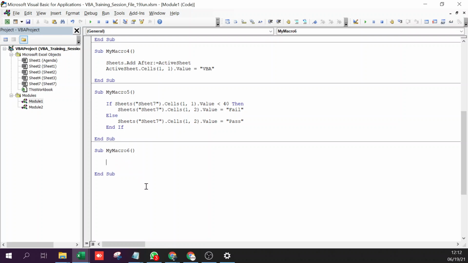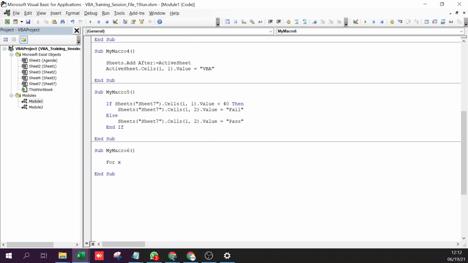That's basically called looping. And the most basic form of a loop is the for loop. There are various types as well, like do while, for next, for each, etc. Right? So for is a very basic loop that you have to know. This is the syntax that you need to remember. This is the last piece of syntax that you would want to know.